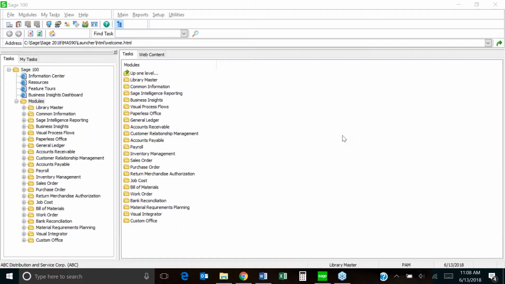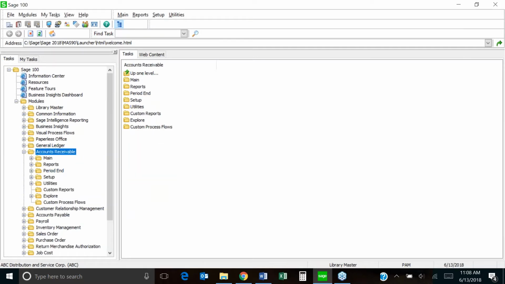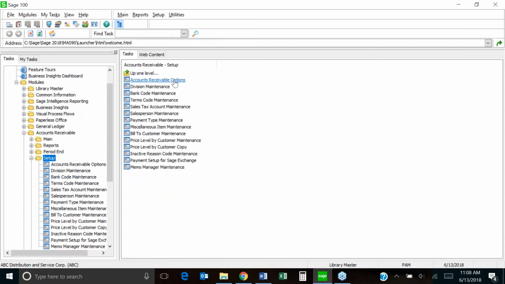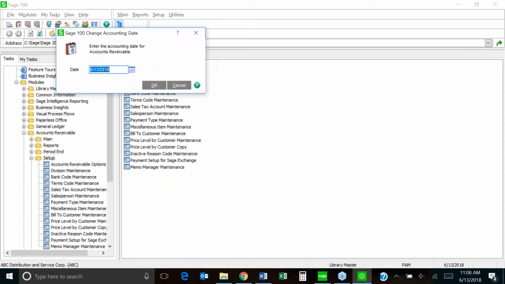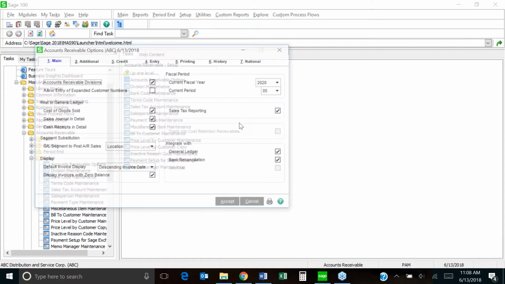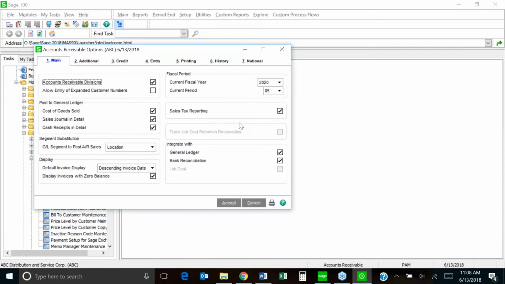The presentation today is being done in Sage 100 version 6.0, which is also the 2018 version. So what we're going to start with is we're going to go into Accounts Receivable, and we're going to go into the setup, and we're going to go into the Accounts Receivable options. So within those options, we are going to take a look at a couple of different things. First of all, you will notice that